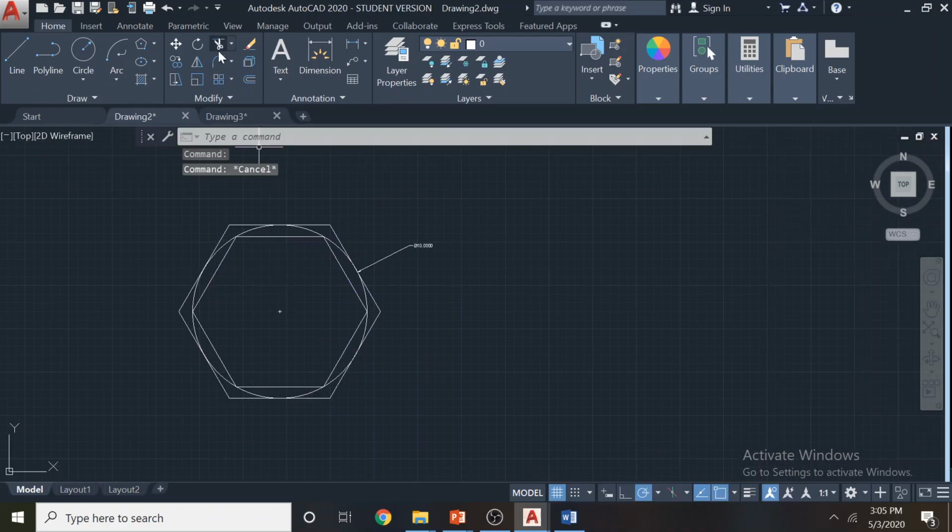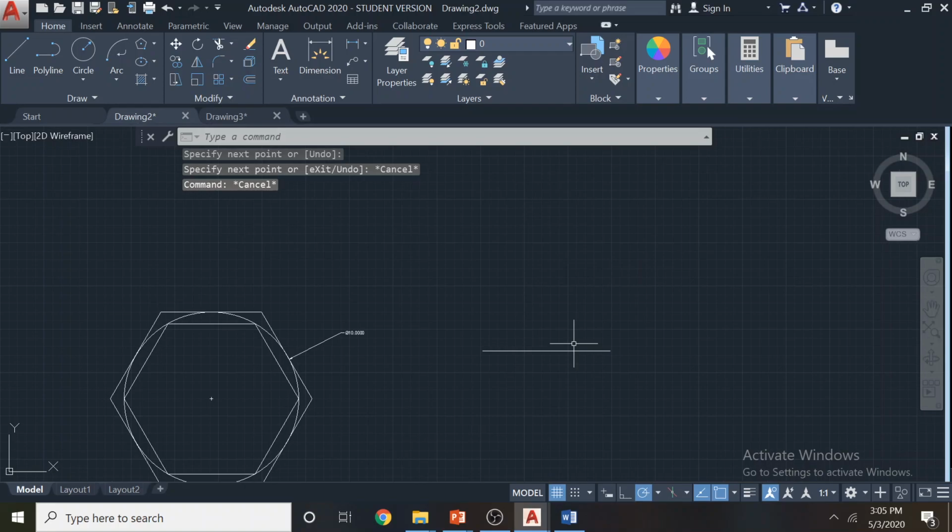Then if you have something like this, if you have a line only, and if you want to create a polygon from this line without knowing the radius, without knowing the number of sides, we can do it. Sorry, without knowing the center and without giving circumscribe or inscribe methods, I can draw a polygon.